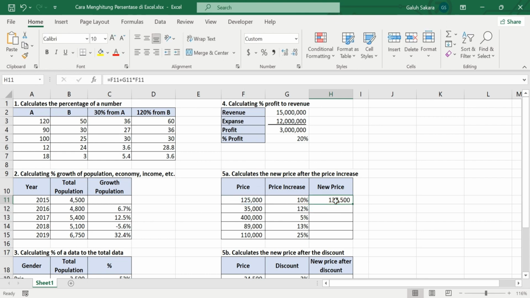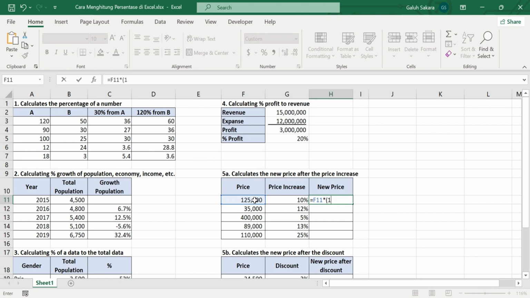Okay, that's the formula. So that's the result for the new price. When there is an increase of 10%, the new price should be